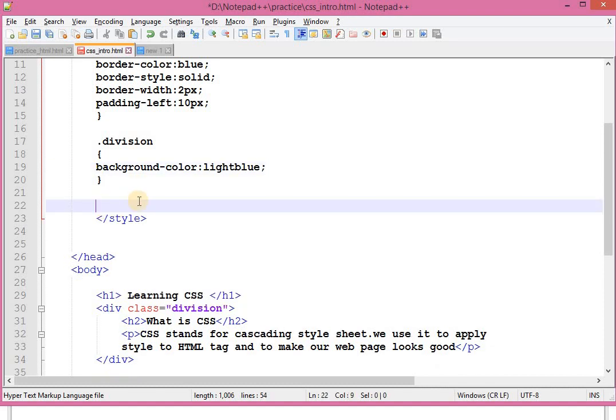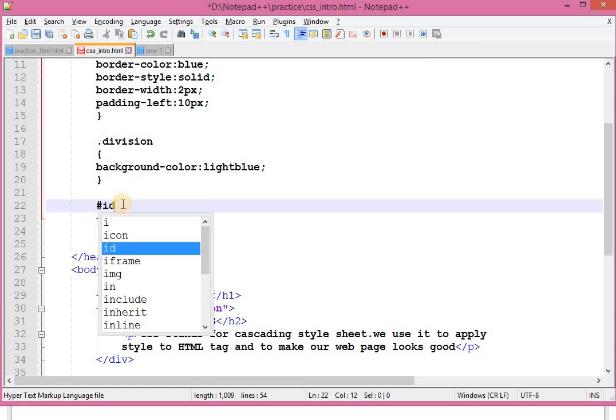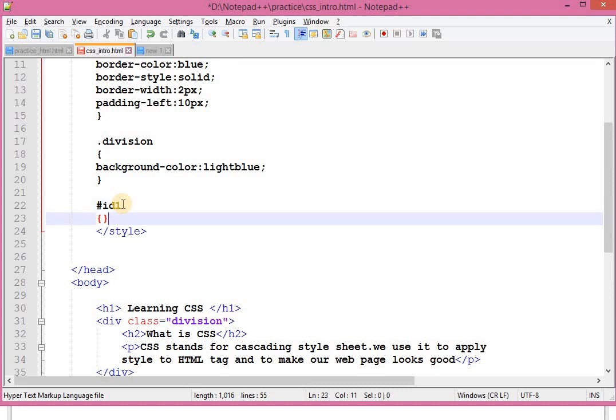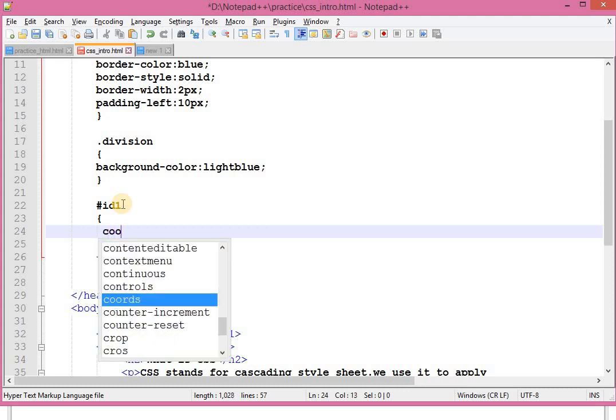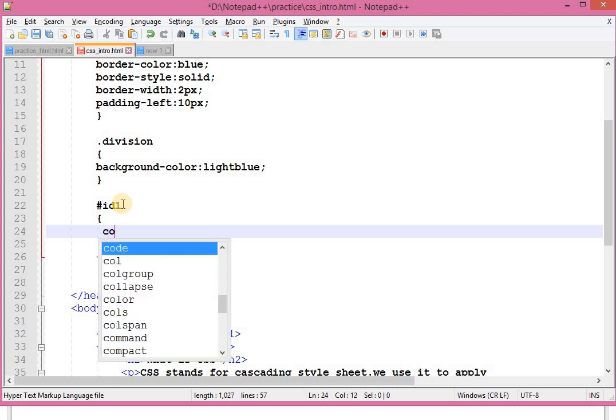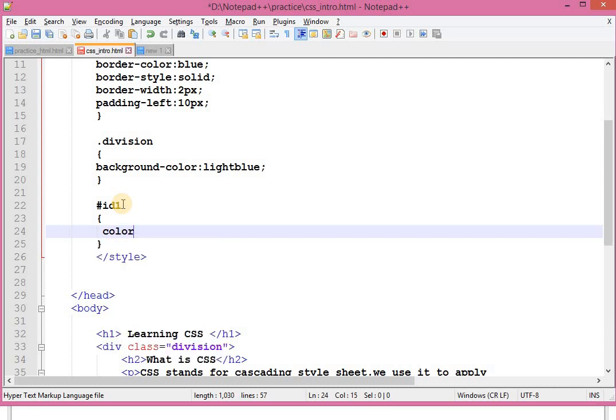Now just like class has a dot, for id there is another character, that is the hash sign. Okay, let me set id1. Now in this I am going to set for id, color is, let me set it green.